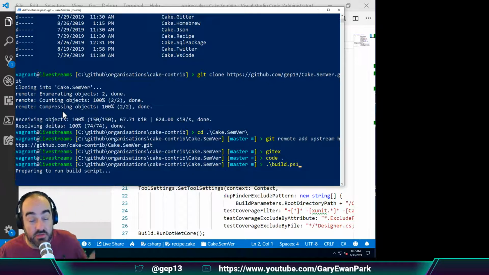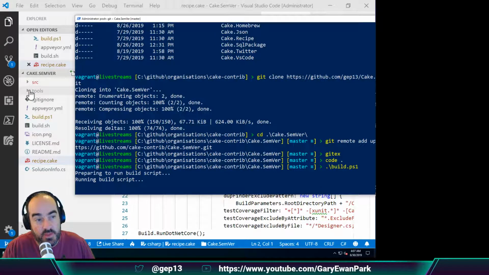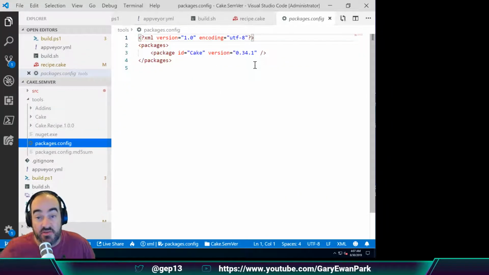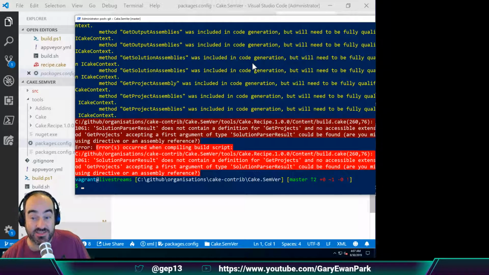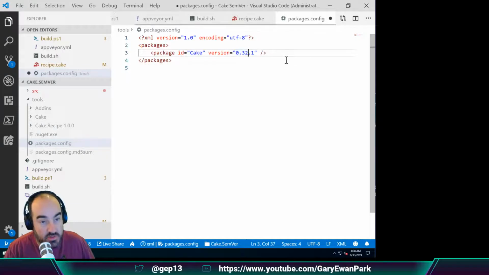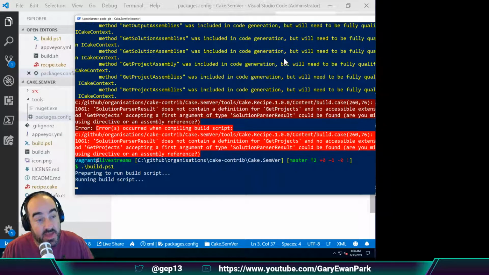So if I go over here and attempt to run the build, then the bootstrapping process will start. It will actually create that packages.config file for me, but it will also create it to use the most recent version of Cake, which is 34.1. Now, Cake.recipe doesn't work with 34.1 for reasons, and that's part of why we're going through this process. So in order to get this to work, I'm going to need to pin it to an earlier version of Cake that is known to work with Cake.recipe. So if I run that build again,